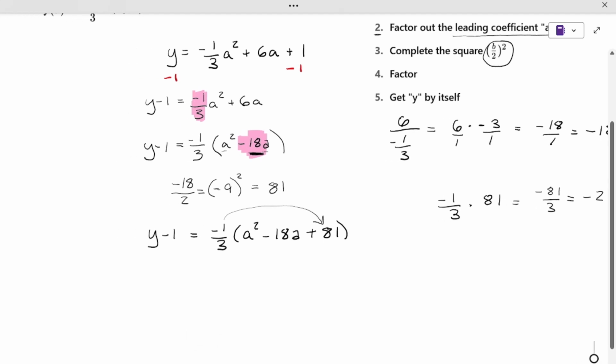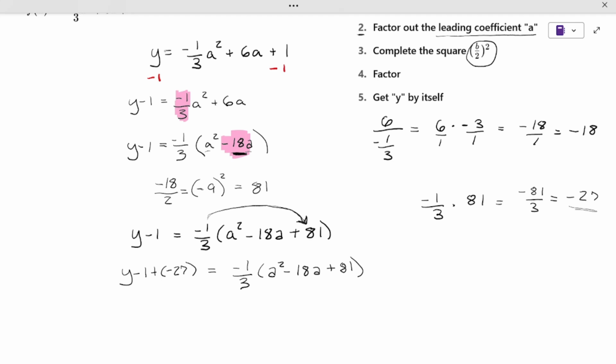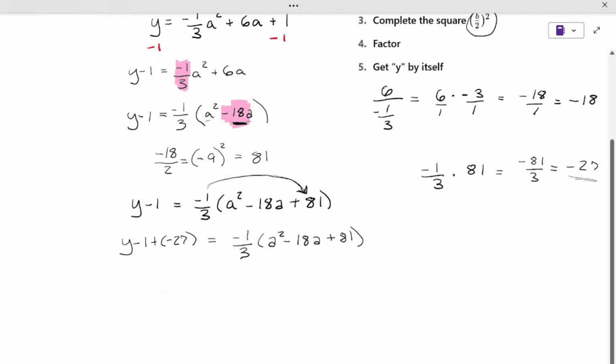So again, because we're distributing that negative 1/3, we can't just add 81 to the left-hand side and then add 81 to the right-hand side as well, because they're going to be uneven since that right-hand side is distributed. So we're actually going to have to add negative 27. So y minus 1 plus a negative 27 equals negative 1/3 a squared minus 18a plus 81. All right, so when we simplify this, a negative 1 plus a negative 27, we get y minus 28 equals,